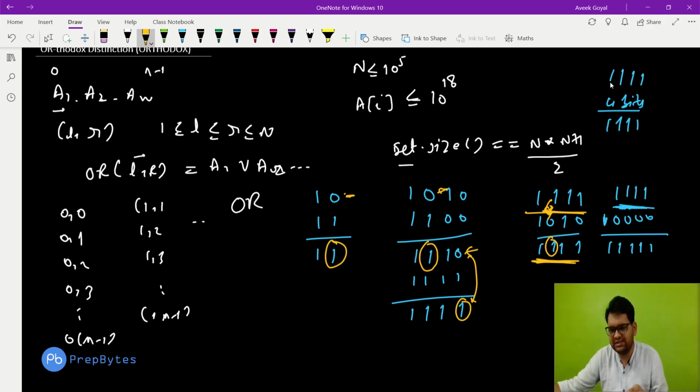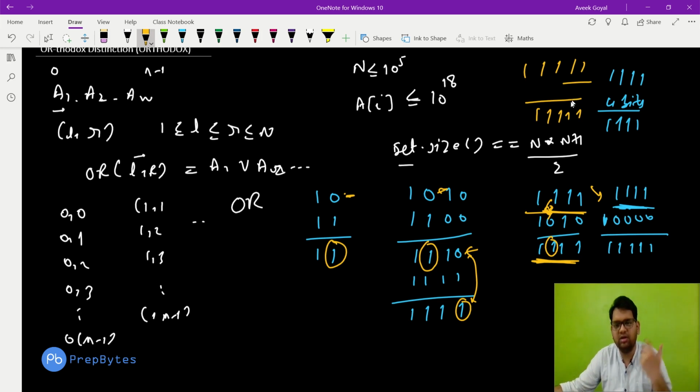Here we will always get the same value for 4 bits, 3 bits or 2 bits, because 1111 already has all ones. We need to increase to 5 bits to get a different answer, and here we need to increase to 6 bits. For 11111, any number you write here, we will always get 11111 only, because the number of ones is not increasing. So if we want a different answer in OR, we need to increase the number of ones. After performing OR, if the number of ones is increasing, then we will get a different answer.